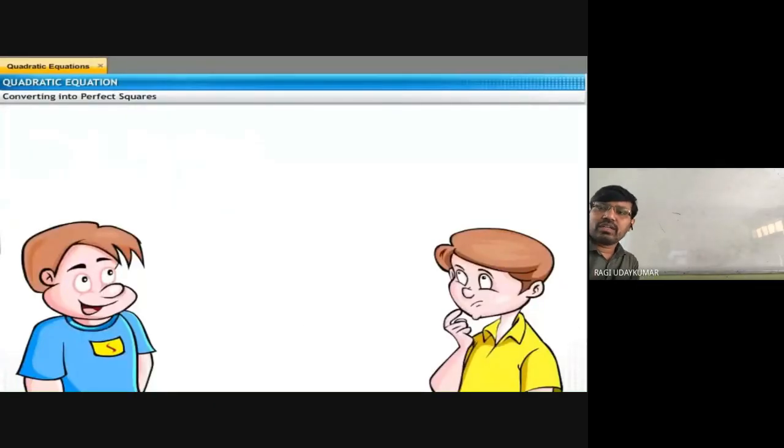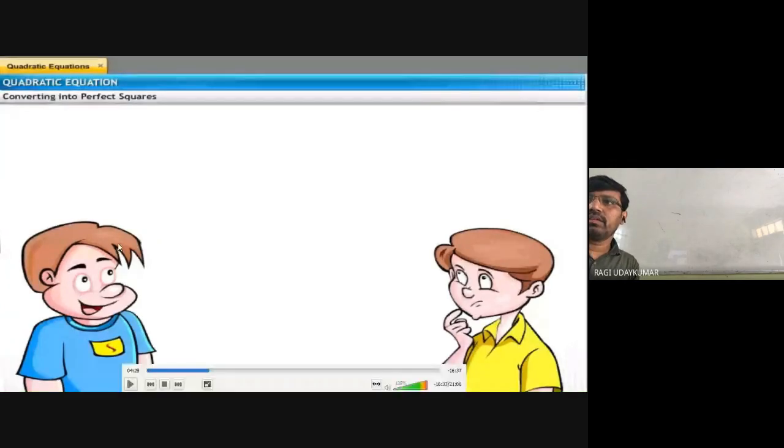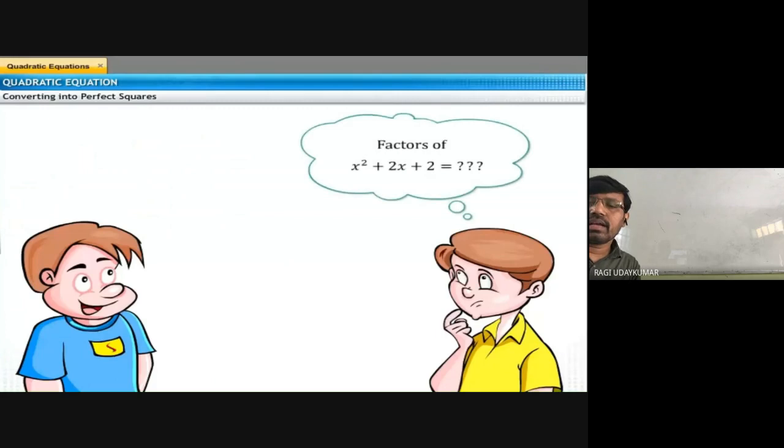So till now we have learned finding the roots of the quadratic equation, the solution of the quadratic equation by the factorization method. Now, in some cases, factorization is not possible. Where the solution of the quadratic equation is not real numbers, meaning not integers, in that situation it is not possible for us to factorize it. So then we have to move to another method. That method is the completing square method.